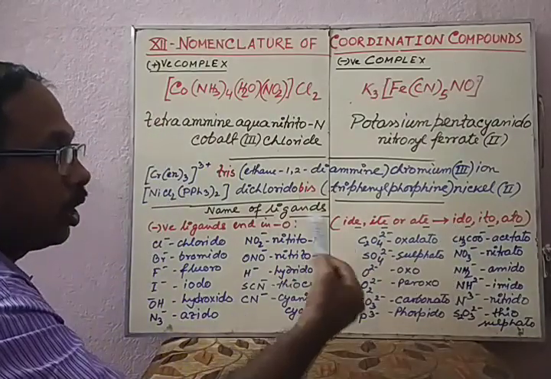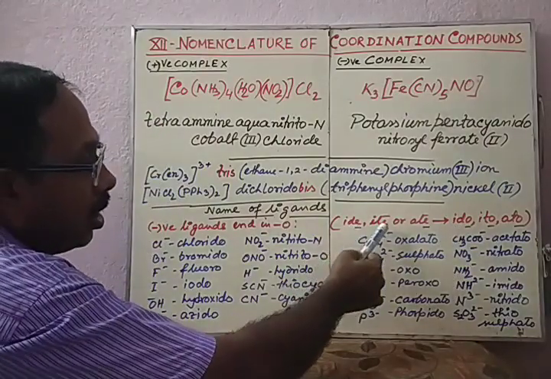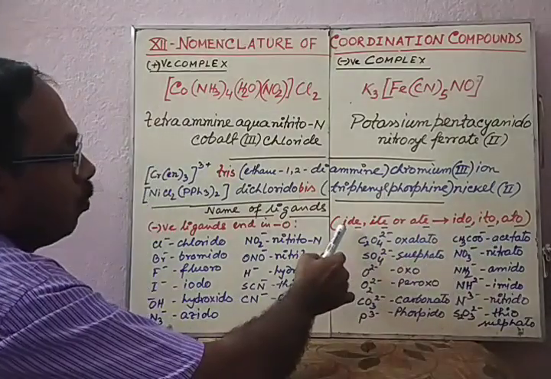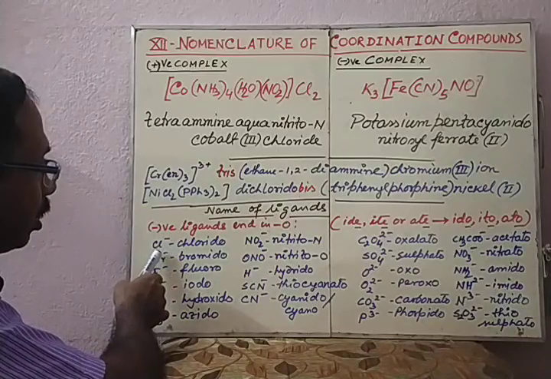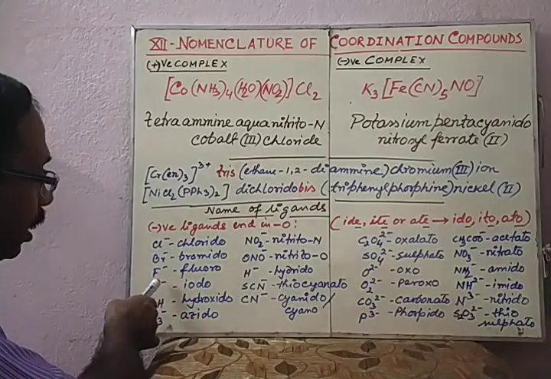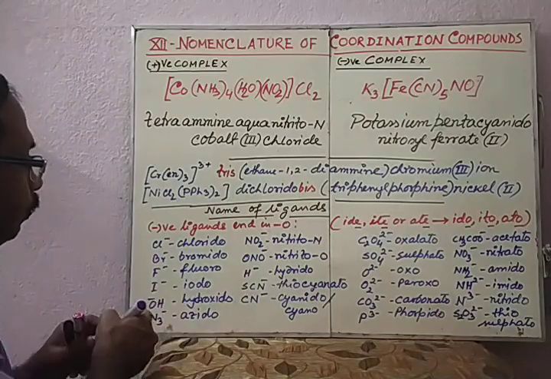That means chlorido, bromido; the E is replaced with O. So here you find Cl minus chlorido, Br minus bromido, F minus fluorido,